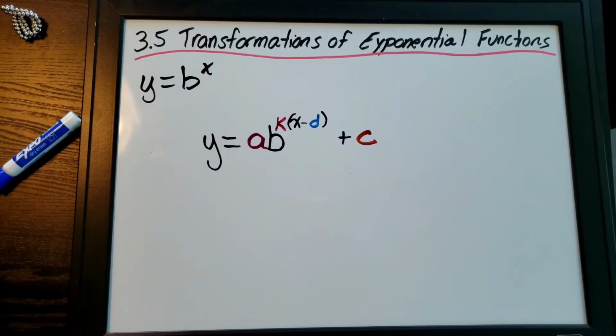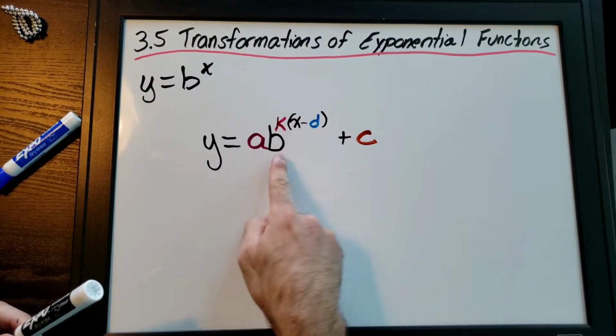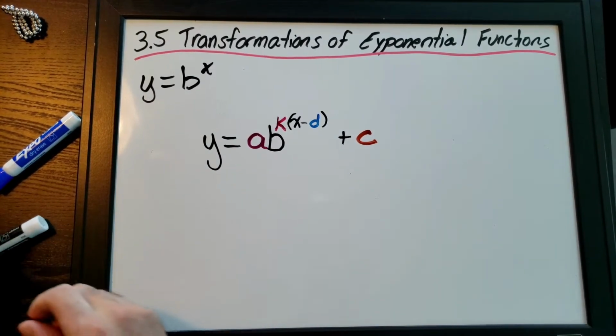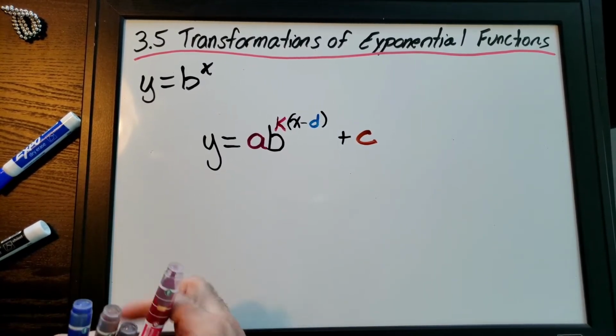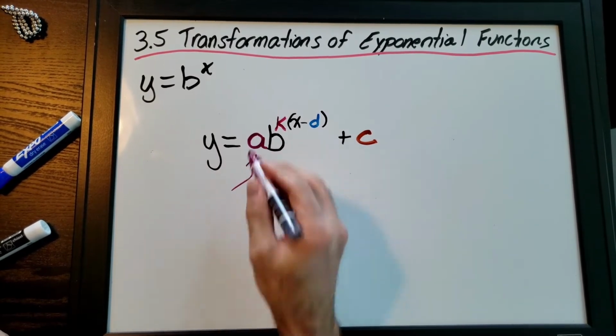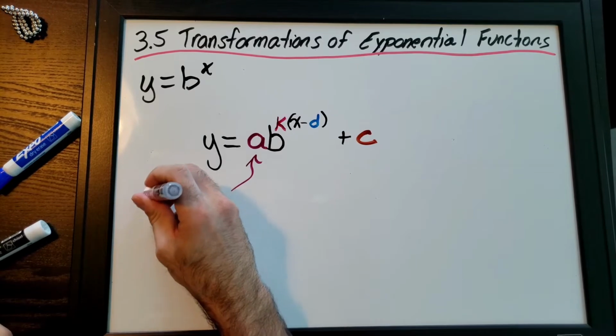Y equals b to the x. And we have all these attachments to y equals b to the x that change the look of the graph. Okay, so I'll go over again what these things represent. They represent the same things as they always have. So our a value over here, this is our vertical